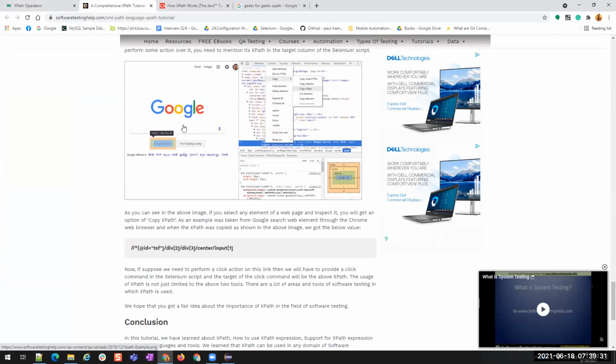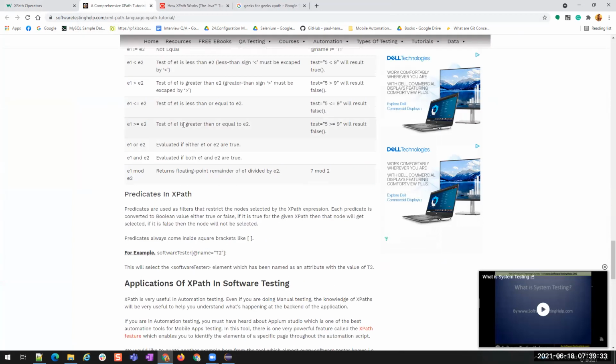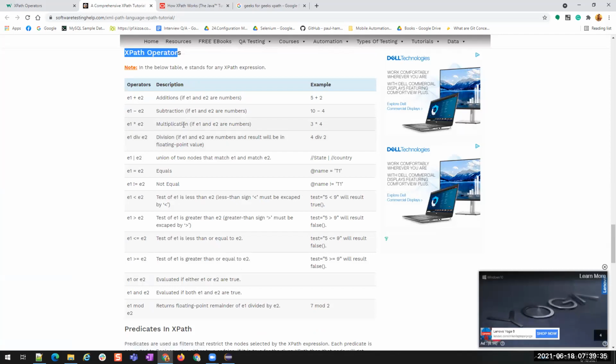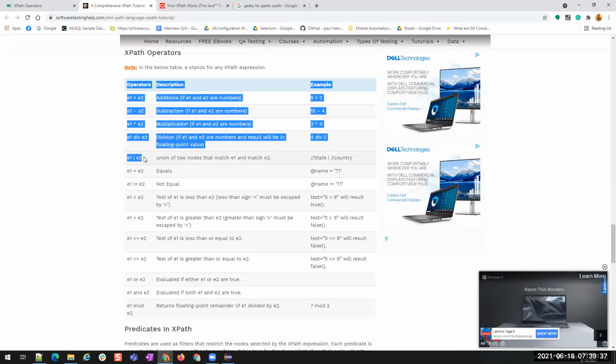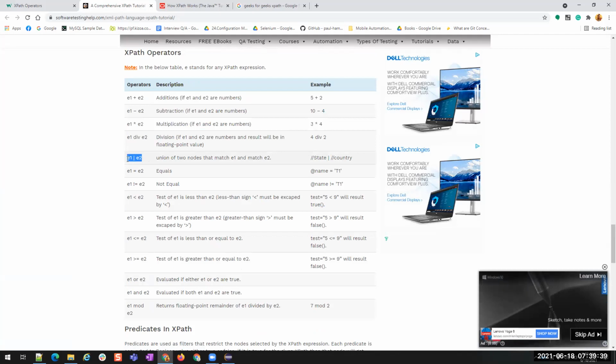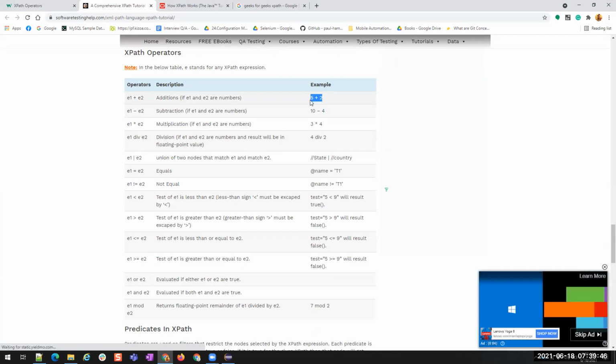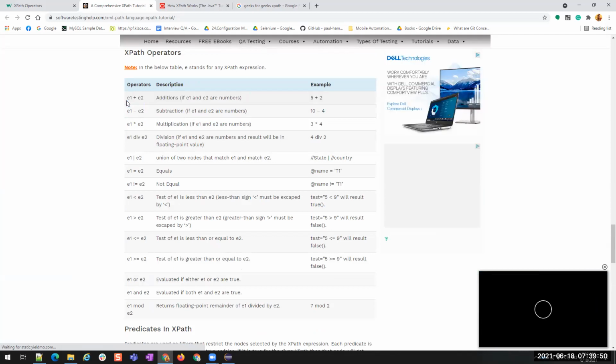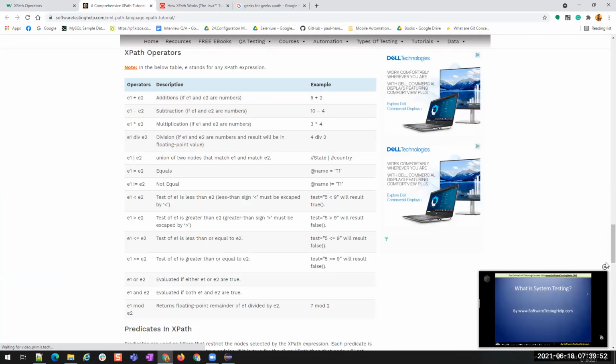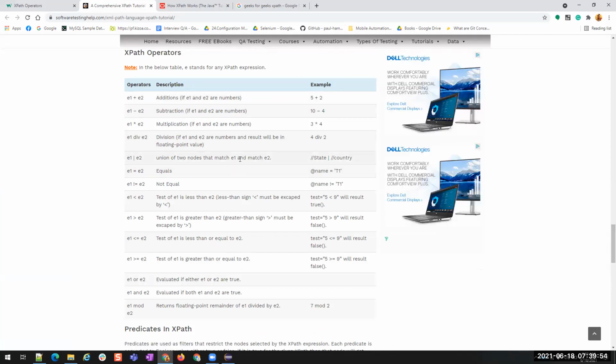What is the pipe, less than, or equal, greater? Where is it? This one. Oh, operators. This one? Do the operators also work? Yeah, we can use them, but in Selenium we don't use this. XPath supports it, but for Selenium we don't need it. We don't do any addition or subtraction in the XPath elements. Oh, okay. Right. We are using this XPath to find the elements, but not to perform some operations. So that is the reason we don't do these kinds of operations.